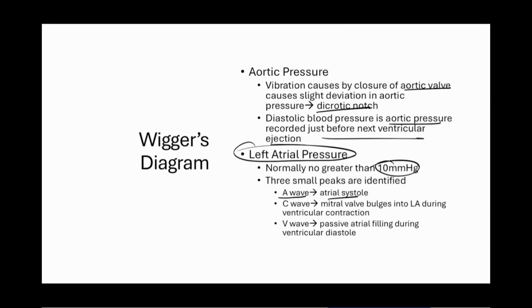The C wave is due to ventricular contraction. As the ventricles squeeze, there's a little bit of a bulge in that mitral valve. If it's intact and strong, it's not going to do anything. If you have mitral valve prolapse, the valve pops up a little bit and you get a little jet going on. But normally the valve should be closed, and when the ventricle squeezes, the mitral will buckle, causing a C wave. And the V wave is just passive atrial filling during diastole for the ventricles. And when we draw this out, you'll see it all. This is just defining all the different curves.